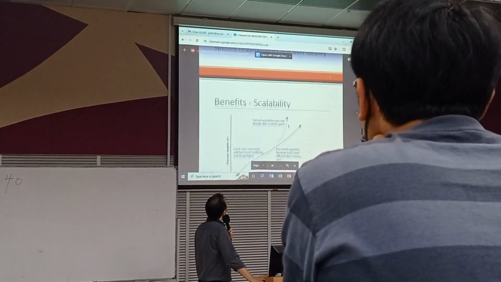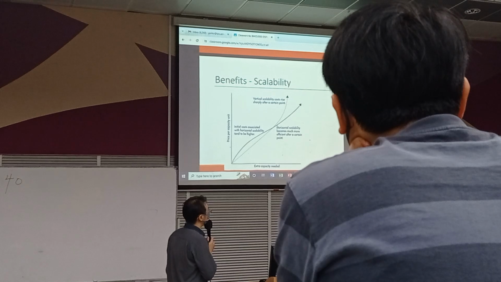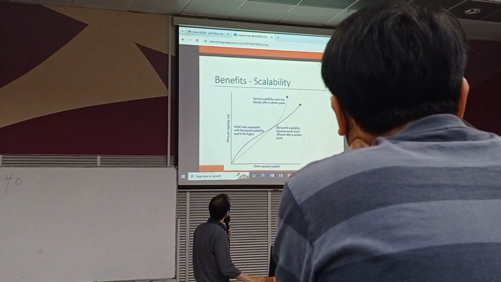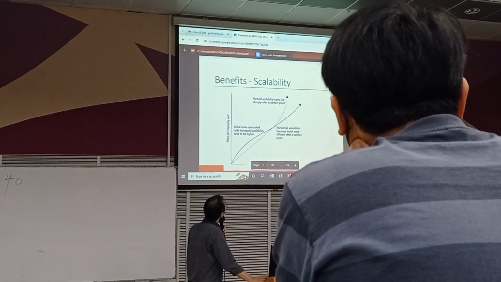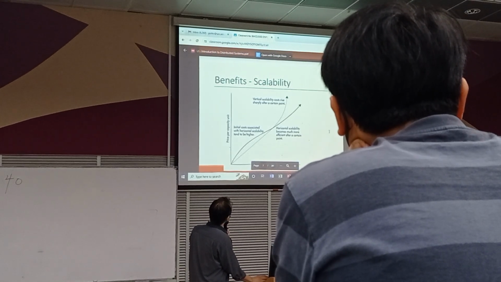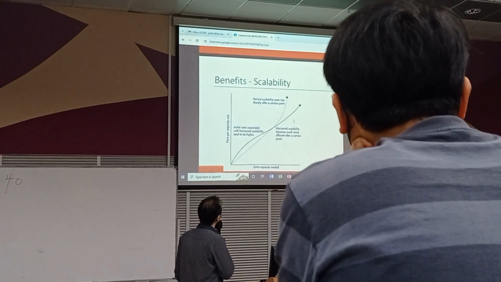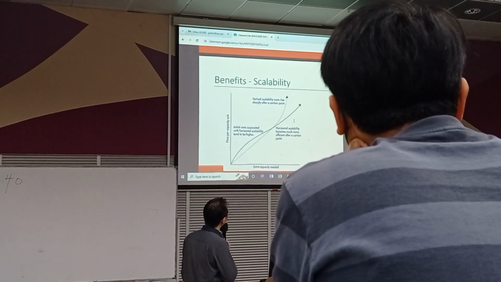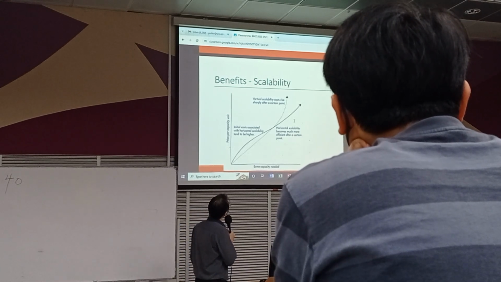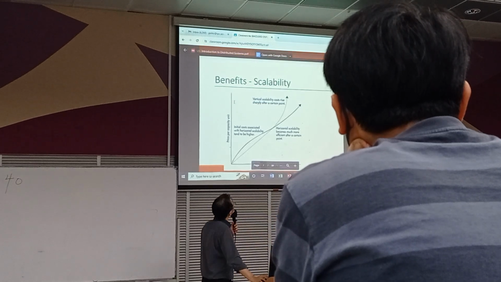Okay. So the benefit of scalability can be shown in this graph here. Here there are two terms introduced, which are not clearly specified in this slide: vertical scalability, and the other one, horizontal scalability. What does it mean? Vertical scalability means, sorry, I don't have my pen here. It means